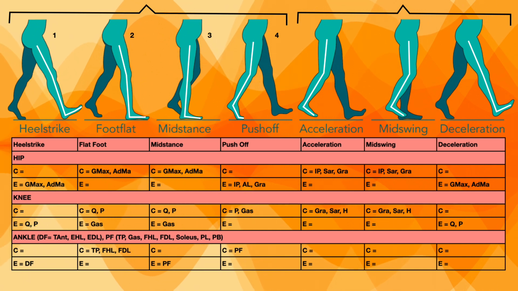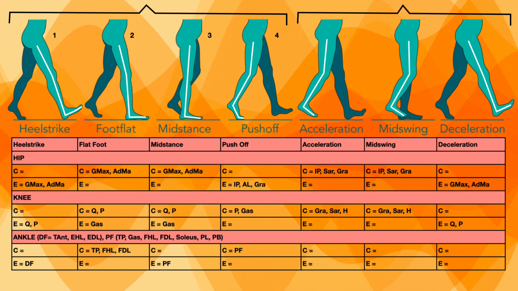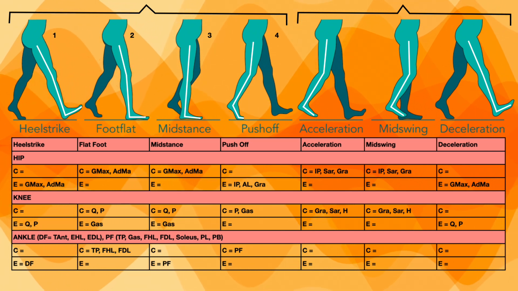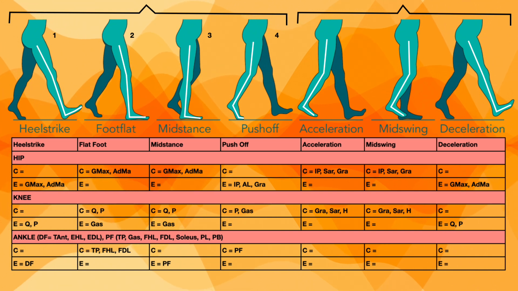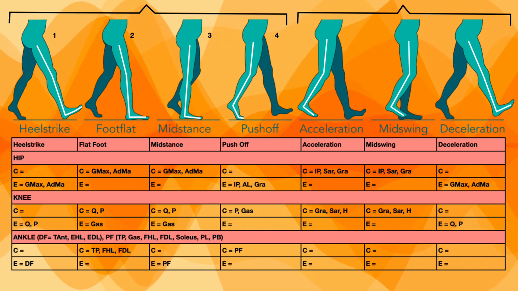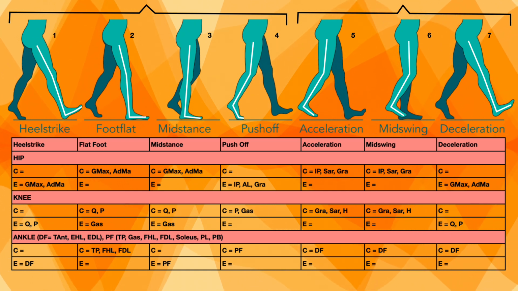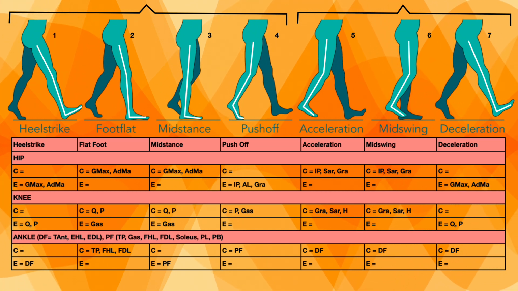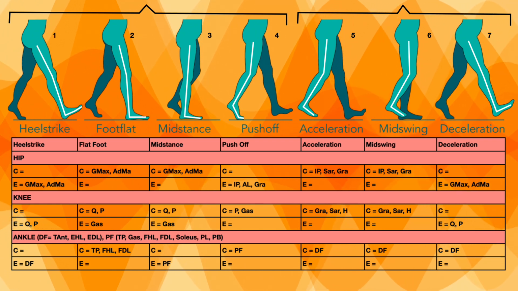So now the swing phase will start, and in the swing phase we will have to lift the foot. So there will be dorsiflexion at the ankle. All the dorsiflexors will be active and will contract concentrically to generate the maximum power and to keep the foot in the air in a controlled way. So all the dorsiflexors will be in a concentric contraction during the swing phase of the gait cycle. So acceleration, mid swing, deceleration, all the dorsiflexors including tibialis anterior, extensor hallucis longus and extensor digitorum longus will be in a state of concentric contraction.